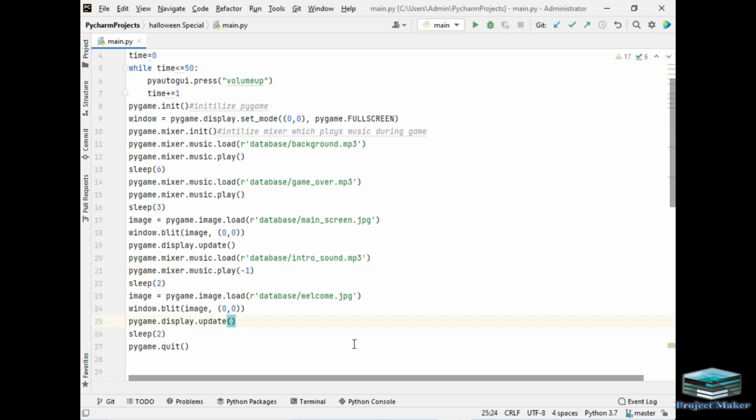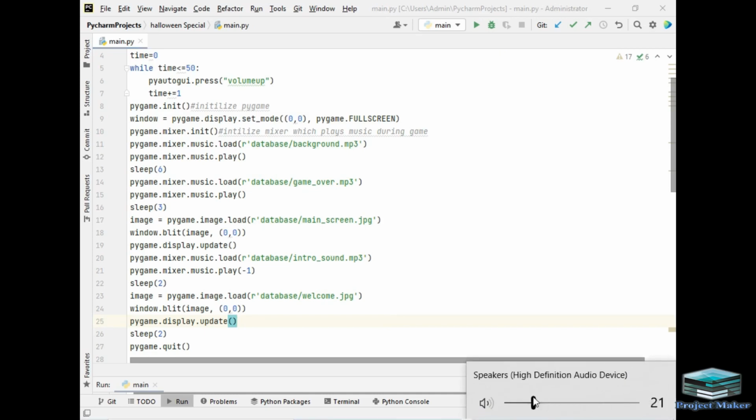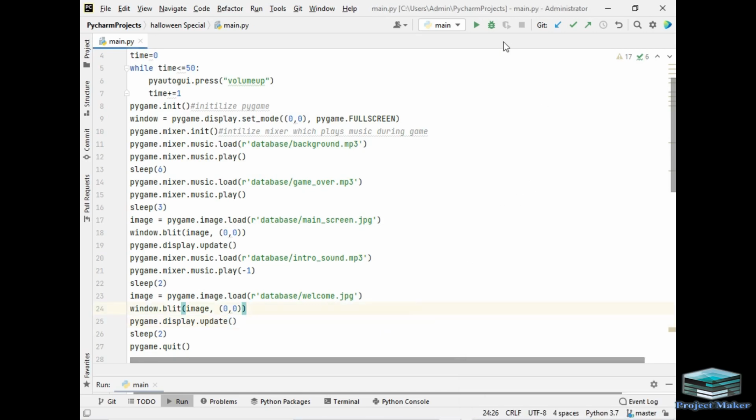So let's move to the live demo of our project. Before running the application, I will make my system volume 0 to check whether the system volume turns 100 automatically or not. So I have made my system volume 0, as you can see. Now I will just click on the run button. See, the system volume is increasing automatically. I am doing nothing, and let's wait for that black screen, and it has appeared.